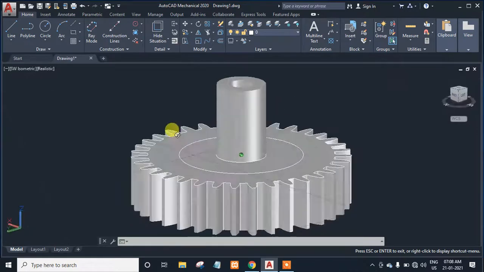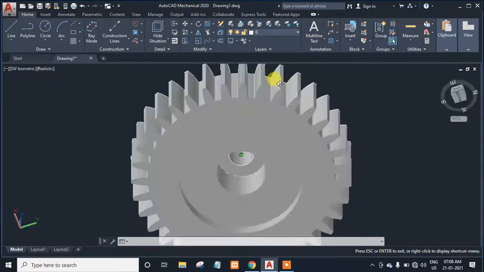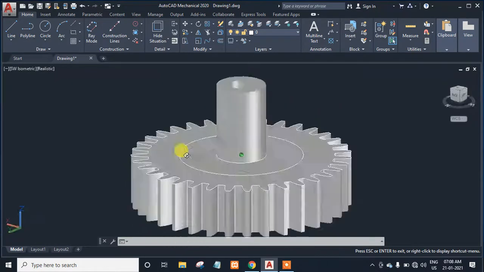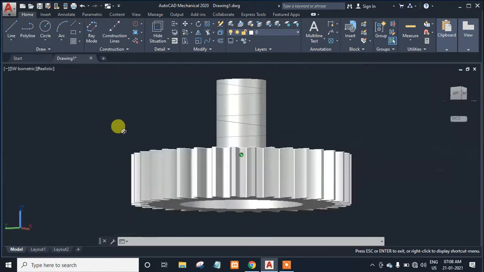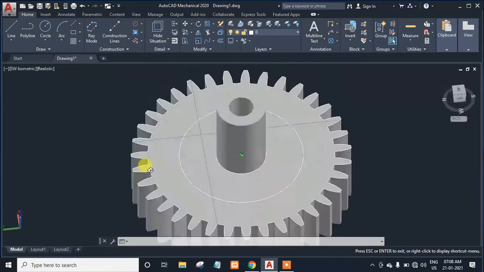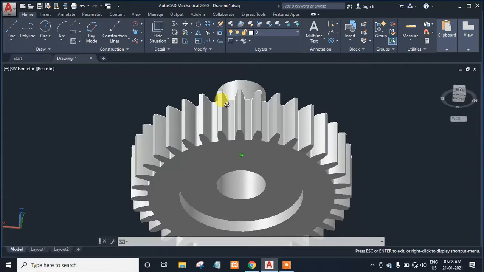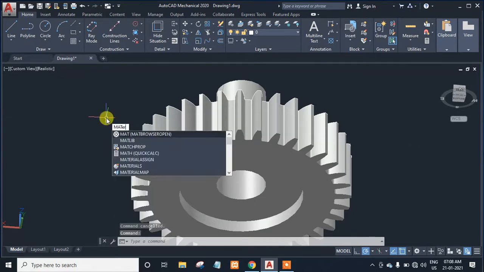Okay, I will change the color, then it will look more attractive. Just take the material command, material.